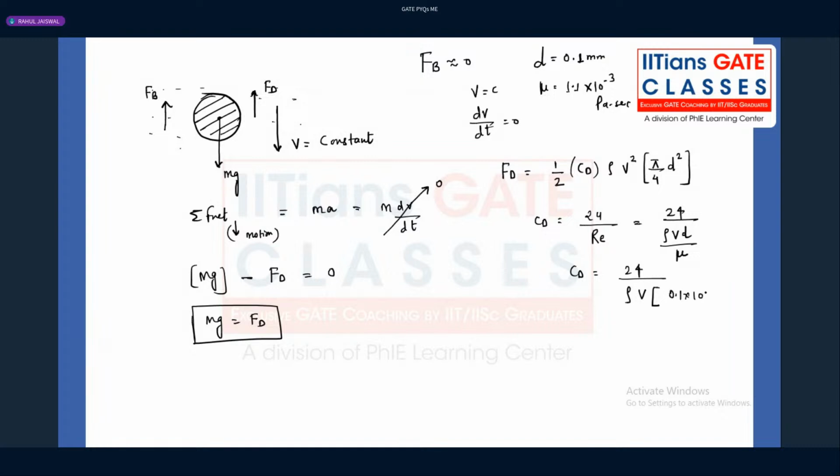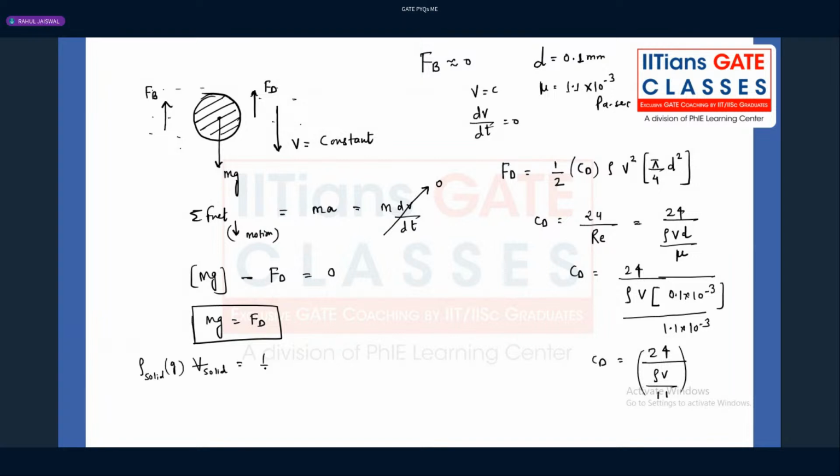If you try to put the values, D is 0.1 into 10 power minus 3, we are converting to meters, and viscosity is 1.1 into 10 power minus 3. So from here you get 24 over 1.1 over 0.1, times rho v, which is 24 over rho v over 11. Now mass into g: what is the mass of the sphere? We can write rho of solid sphere, g, volume of solid sphere,